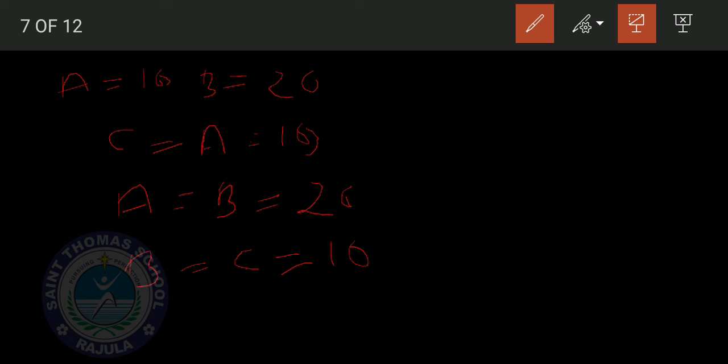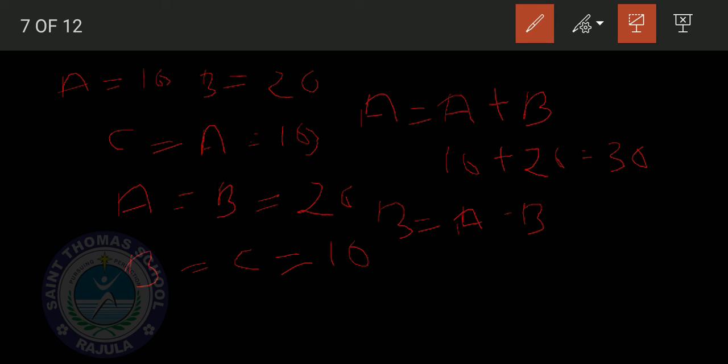The same thing we can do with one operation here. First, A is equal to A plus B. A value is 10, B value is 20, so that becomes 30. Then again B is equal to A minus B. Now what is the B value?